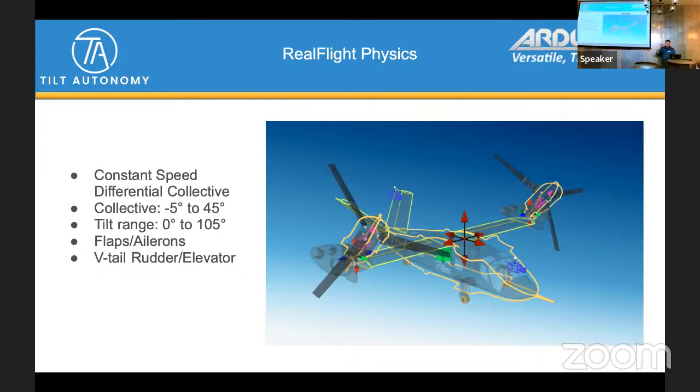The interesting thing that I found with respect to tilt rotor in real flight is that because it is so symmetric, the hierarchy that you end up building is very, very simple. There's very few things that you have to put in. A symmetric wing, in this case a V-tail, so a symmetric tail, and then the tilt mechanism on the end, and then attaching the motor. It's literally one element that's just duplicated to the other side.